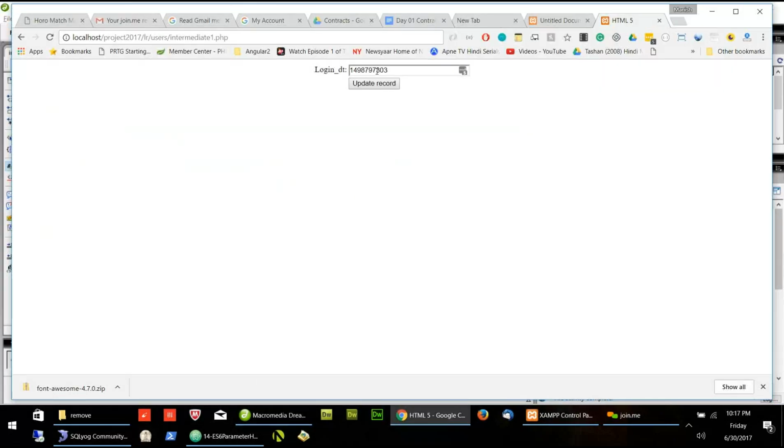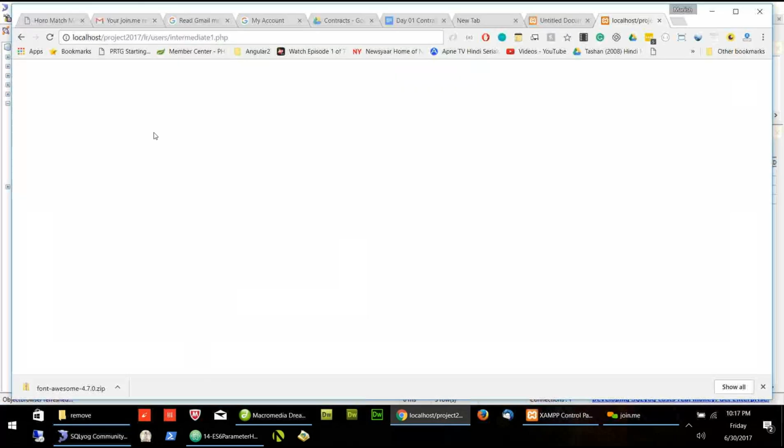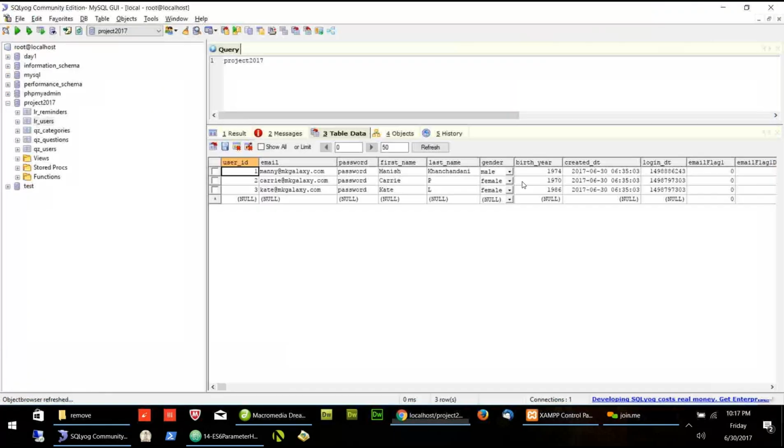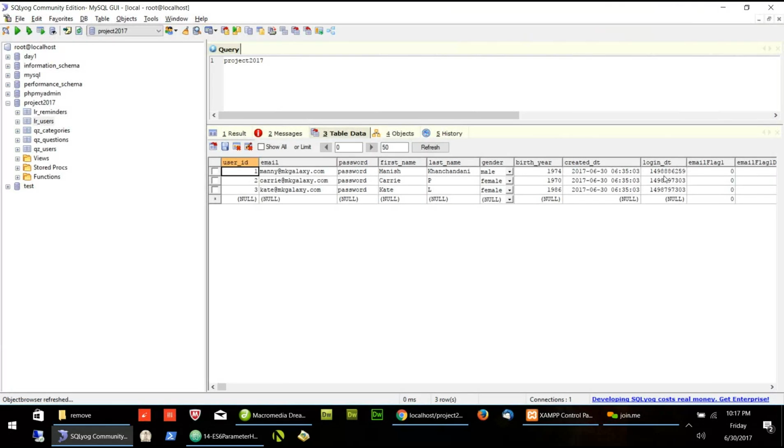Right now it is 303 in the end. Remember, it is 7303. If I refresh it, right now it's not showing it, but we will go to the Dream database and we'll refresh it. You will see login date is changed to 6243. It is changed to a different one. Let's try again. If I refresh the page and if I refresh this one, it is changing. That means whenever this page is coming, it is updating with the latest time. Are you able to see the time is changing? Yes. That means login date is changed to current time.